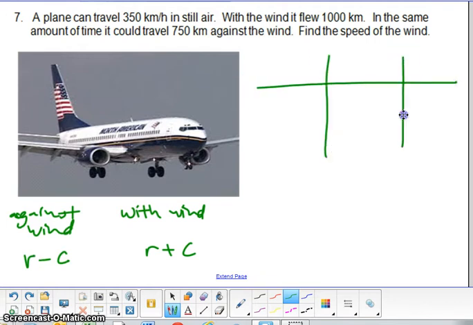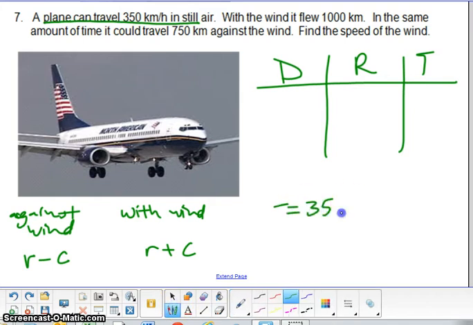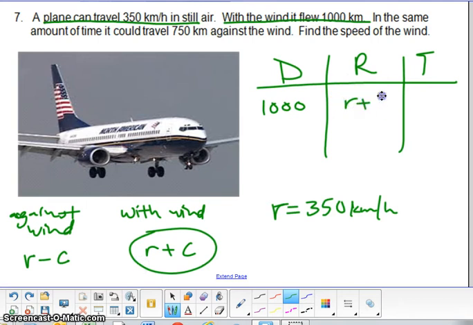Okay, so let's set up a chart with the distance, the rate, and the time. They tell you a plane can travel 350 miles per hour in still air. So, like I did, don't jump to conclusions and assume that's exactly where it is. So I'm going to write down the rate is 350 kilometers per hour for the plane. With the wind, that means you're going to have an extra push. With the wind, it flew, that's the distance, 1,000. And with the wind would be the R plus C. In the same amount of time, so both times are going to be the same, but it could travel 750